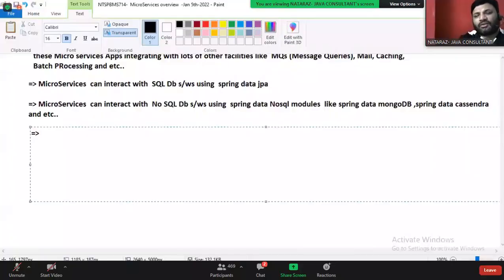Next, we have one project that contains one microservice or a lot of microservices. With lots of microservices, there should be one admin UI.